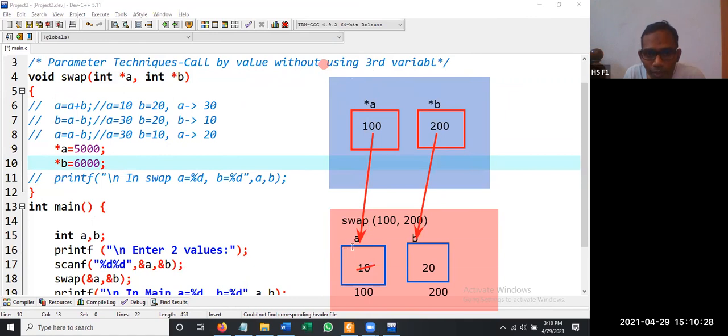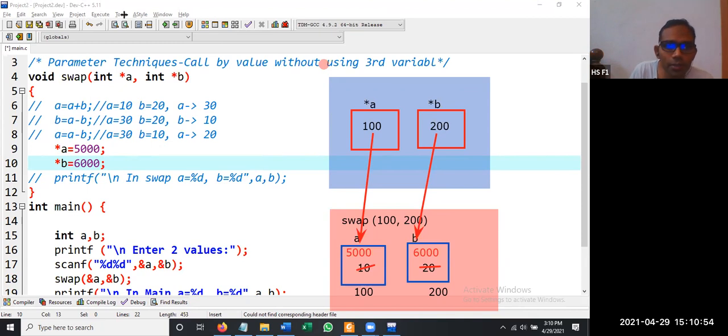So here what is the value you can see? Here the new value which you can see is 5000. And here the new value that you can see is 6000. And here the 20 value will be lost. Can you see the difference now? Star A means value at address. Change the value at address to 5000. It is going to execute.